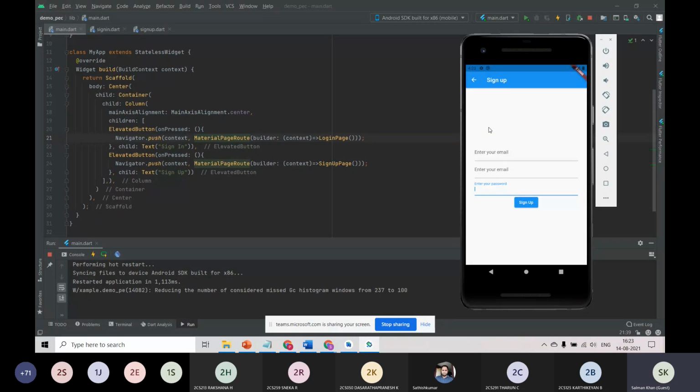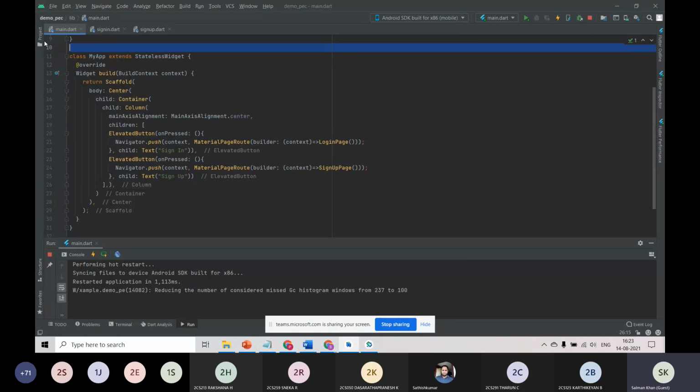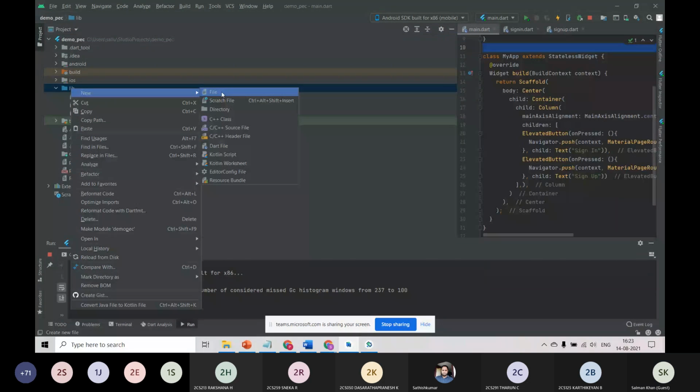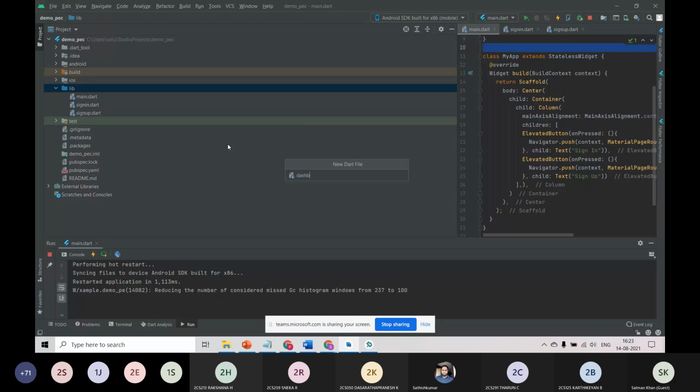And finally, we need a success screen. Let me implement it. Dashboard.